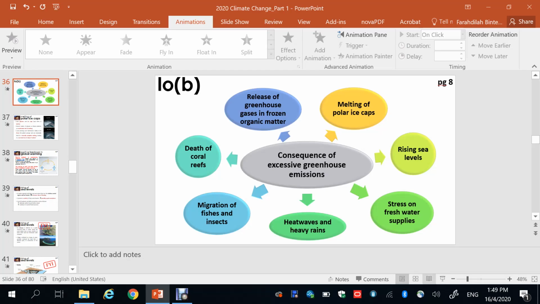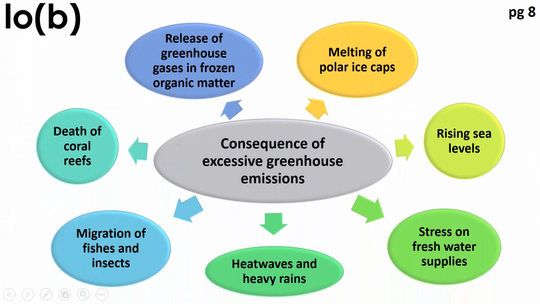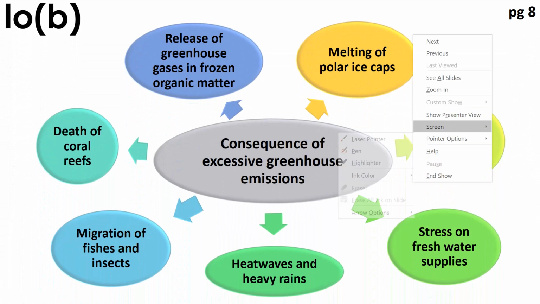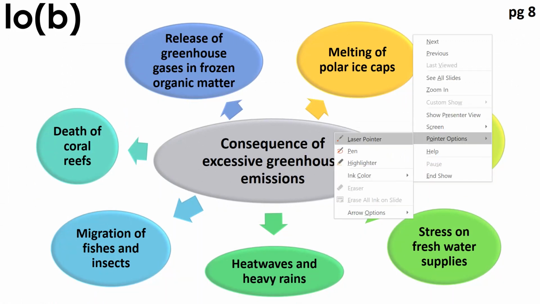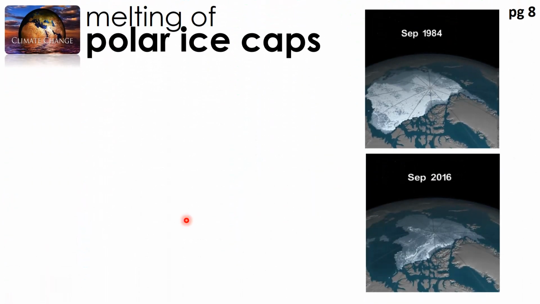Hello everybody, this is the second lecture for climate change and today we're going to cover the consequences of excessive greenhouse gas emissions on our environment as well as our living organisms. One of the first major consequences of excessive greenhouse emissions and global warming is the melting of our